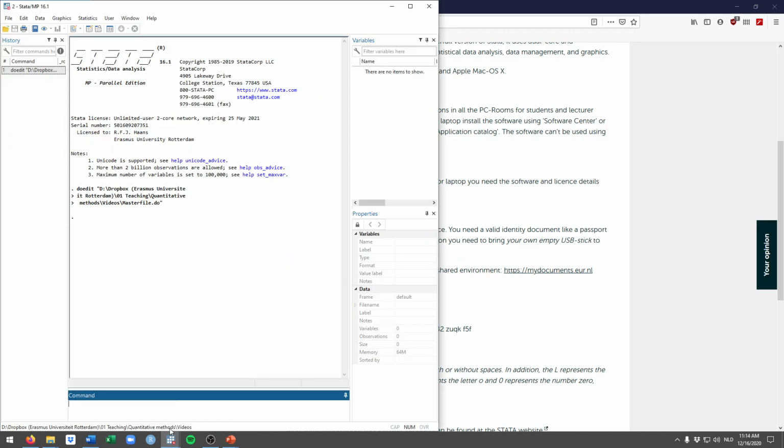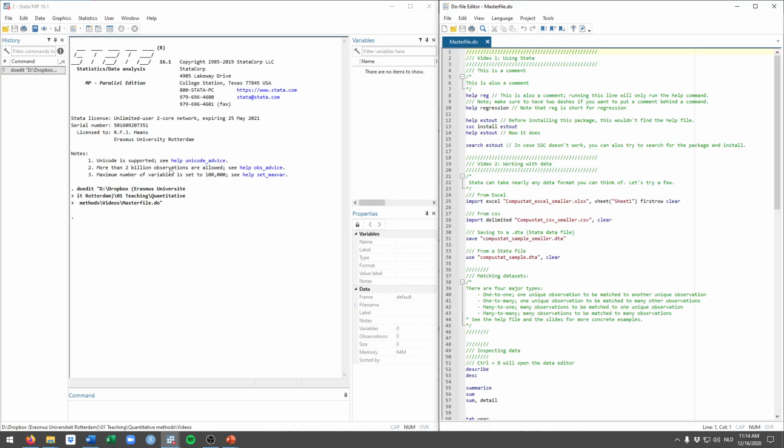So let me just show you how Stata typically looks. This is how it would typically look when you open Stata for the first time. You see here it's licensed to me. And a Stata window contains different elements that I'll walk you through briefly right now. On the left hand side here, it's still somewhat empty. It's what they call the history, that contains all the commands that have been run in this instance of Stata. So once you close this, the history is of course gone and you won't be able to access that anymore.